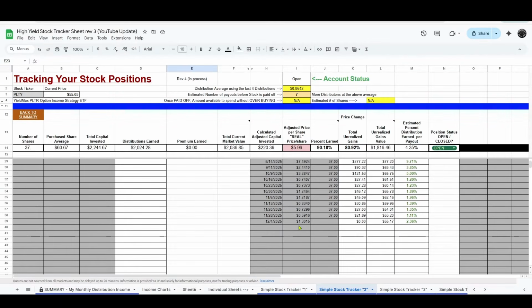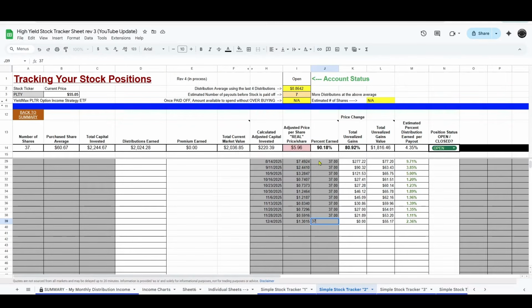Now, as you can see, PLTY had a very nice distribution. Our distribution last week was 59 cents, and then it was 72.83, and this week $1.30. Yes, love it, right? Super excited there. So let's just go ahead and enter in our 37 shares, and let's find out what my